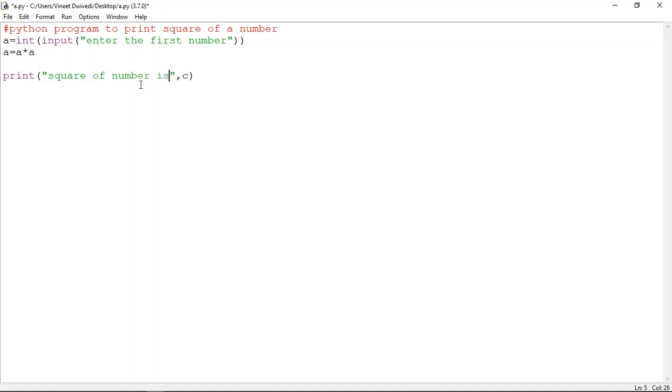is, okay, and it is stored in a only, you don't have to use any other variable for just printing this. So now the a will have the updated value, that is the square value, because we have written a is equals to a into a. So whatever the value of a was there, it has been squared here by using a into a. So again we will save this code, control plus s, and then we can just press function plus F5.